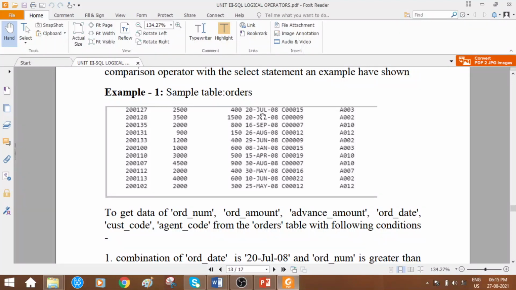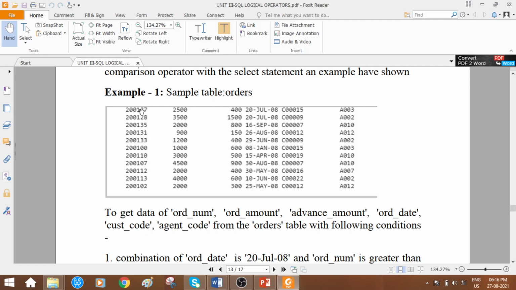Order date, when the item was ordered, so this is a date. And customer code, which customer has placed the order. And agent code, an 'a' character followed by a numeric value. So these are the agent codes, from the orders table with the following condition.